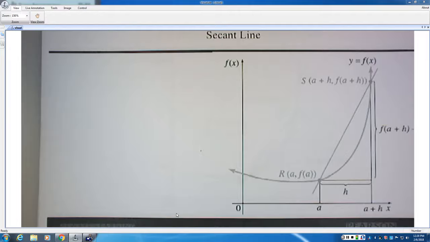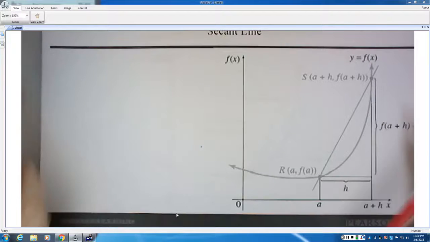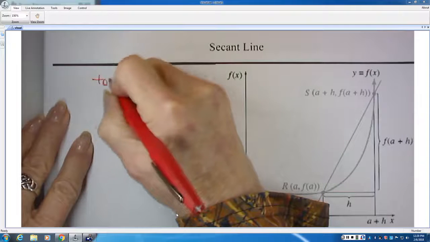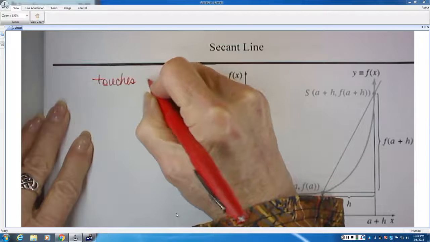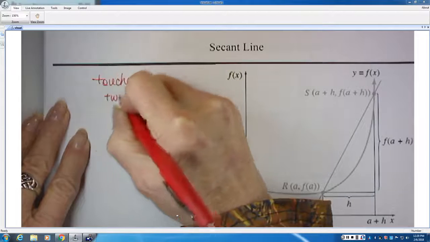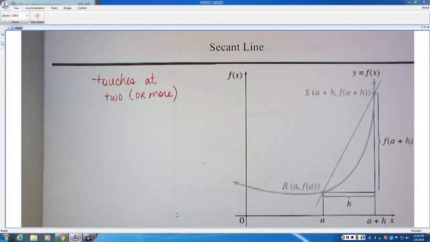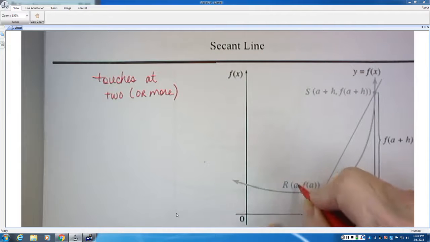We need to distinguish between a secant line and a tangent line. A secant line does not touch the curve in just 1 point. A secant line touches the curve in 2 points. And it could potentially, depending on the curve, touch it in 2 or more points. But 2 is the requirement. So this is a secant line that we have here, and it connects the points A